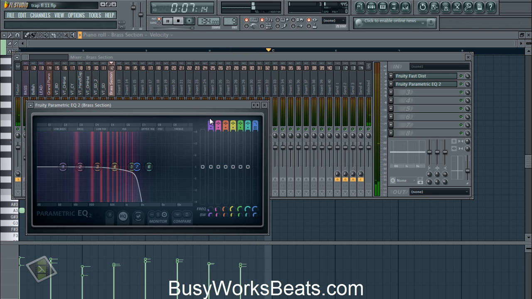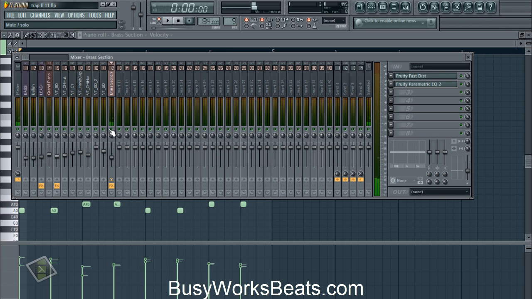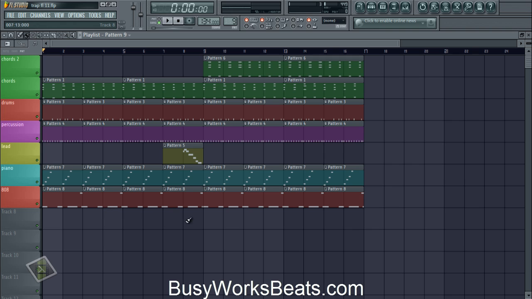And we're also going to give it a high pass filter. The brass is kind of irrelevant in this case, but whatever. Let's add the brass to the mix.